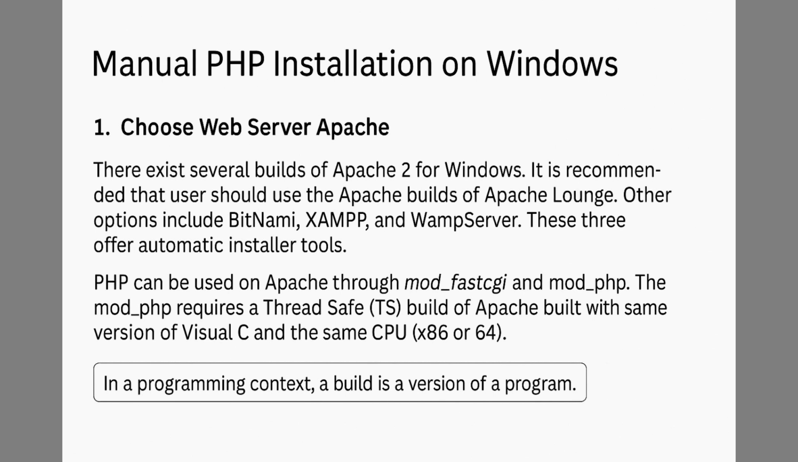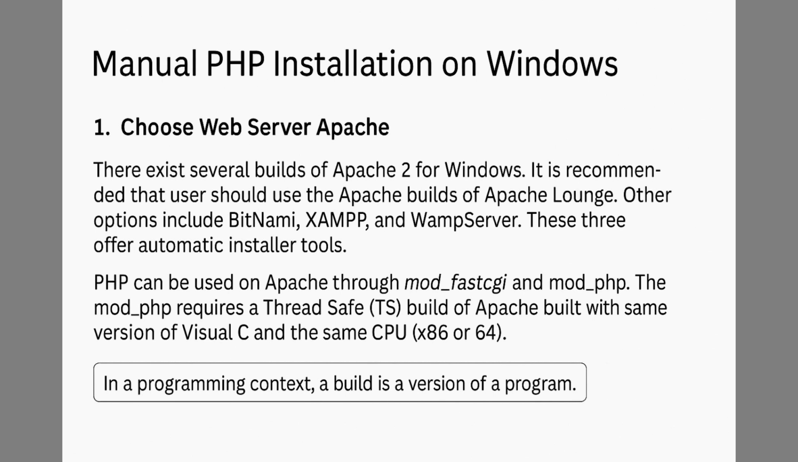PHP can run on Apache using two primary modules, mod_fcgid (FastCGI) and mod_php. The FastCGI module is used when PHP runs as a separate process, which can be more efficient in certain environments. The mod_php module, on the other hand, integrates PHP directly into the Apache server, allowing PHP scripts to